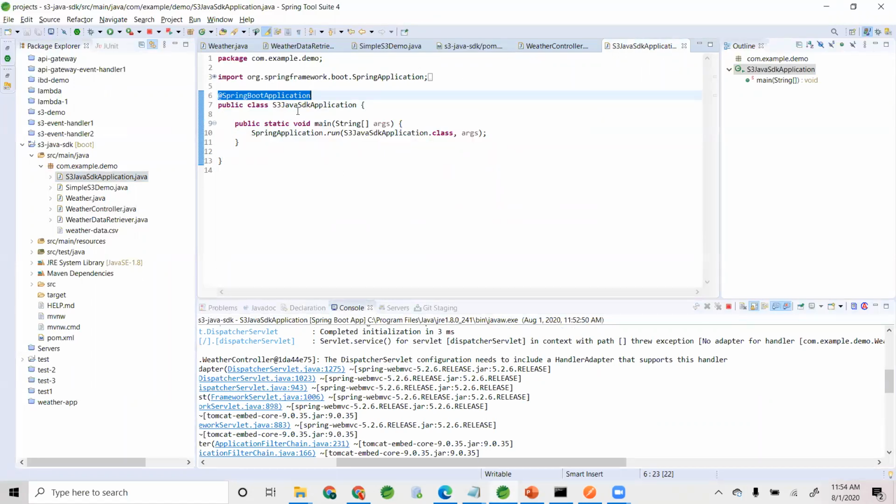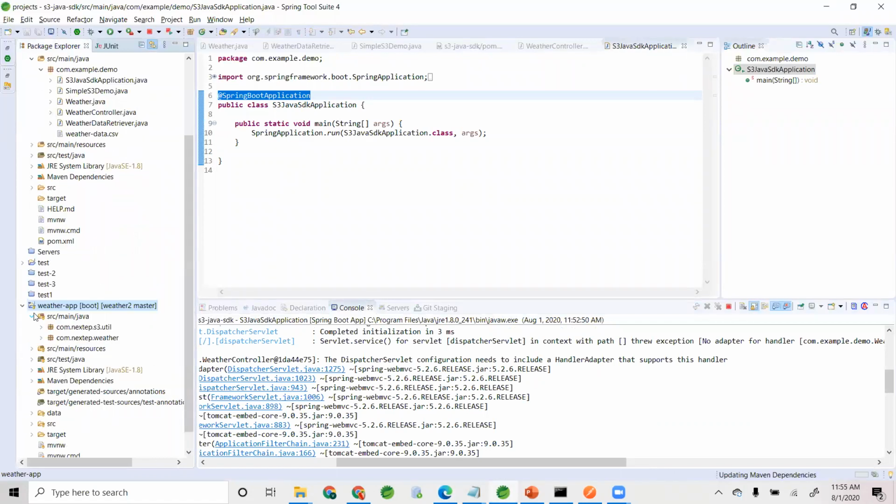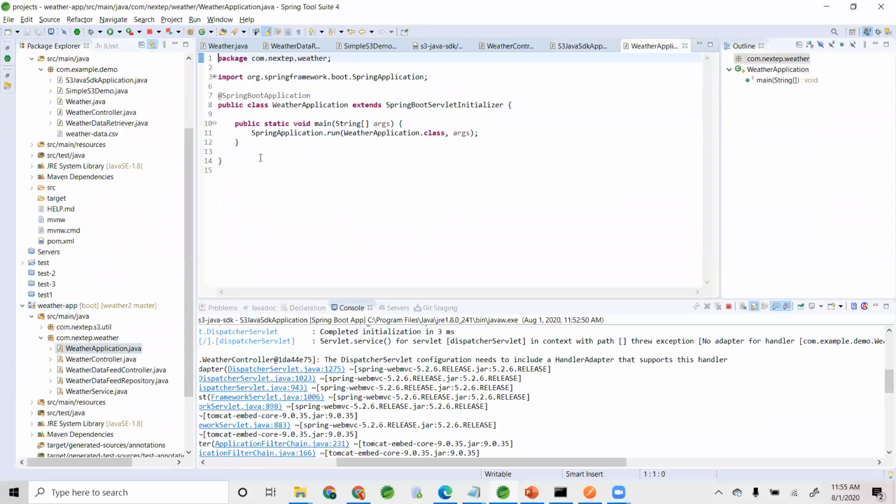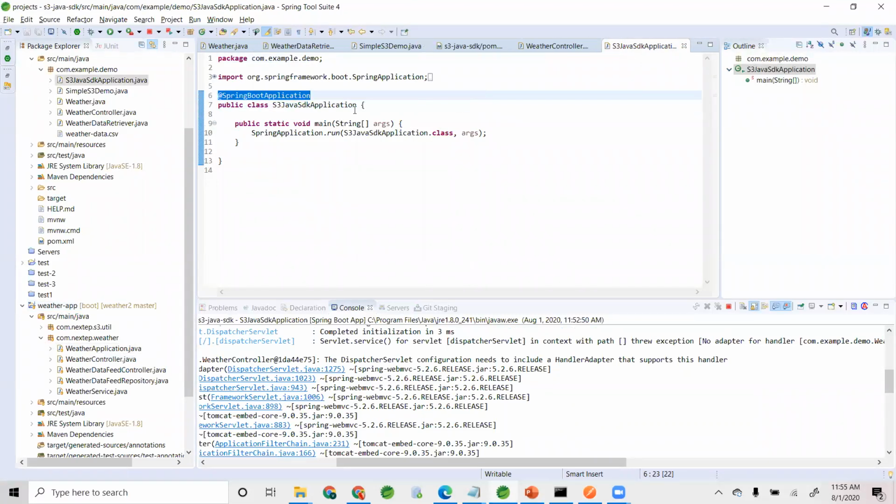I have to wrap this as, I have it here. Spring Boot servlet initializer, that's all you need, right? That's all you need.